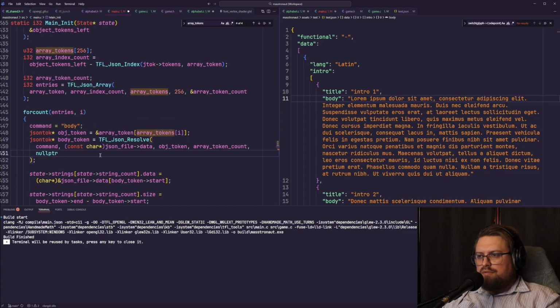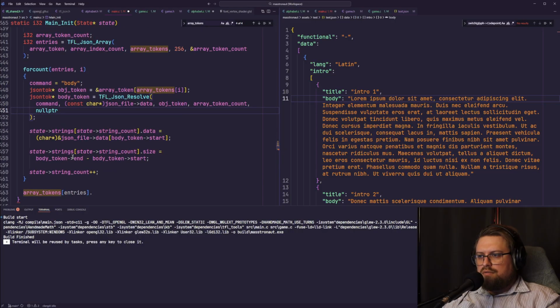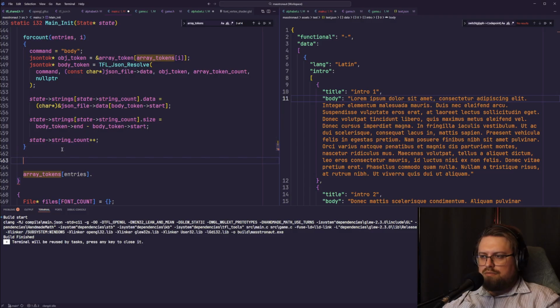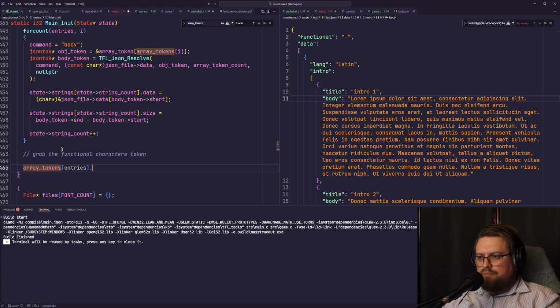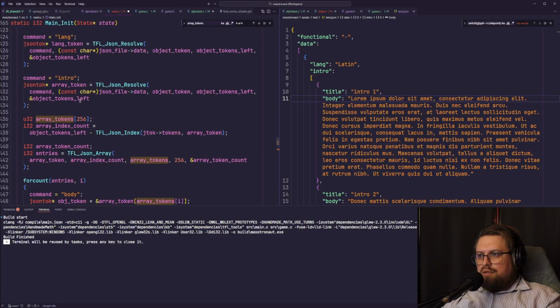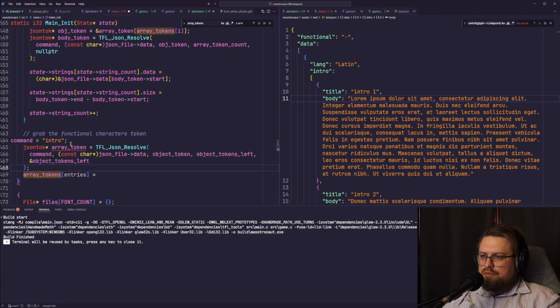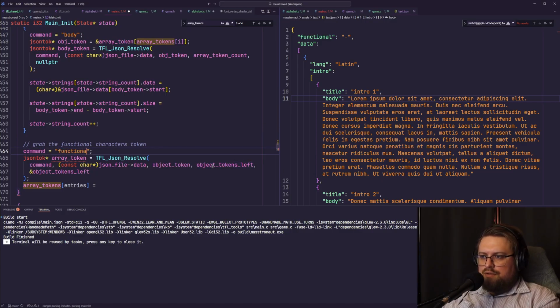I need to resolve this token. So we are grabbing this. It's functional, and we are doing it on